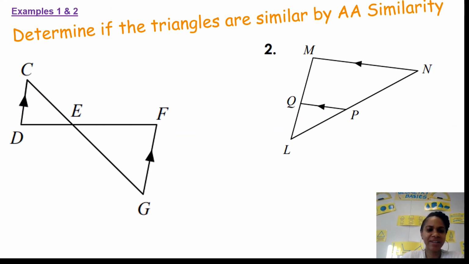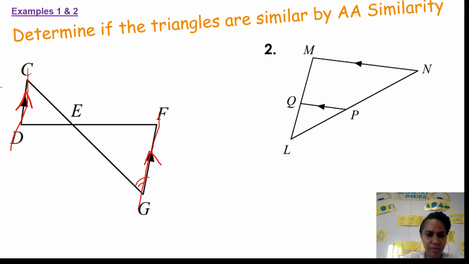Let's take a look at these two examples here. The first one, we see that we have parallel lines, and we know that they are parallel because they have these marks right here. So we can say that CD and FG are parallel. Remember, whenever you have parallel lines, you can automatically think about alternate interior angles, exterior angles, corresponding angles. You can always think about those angle pairs. So now, since these two lines are parallel, we can conclude that